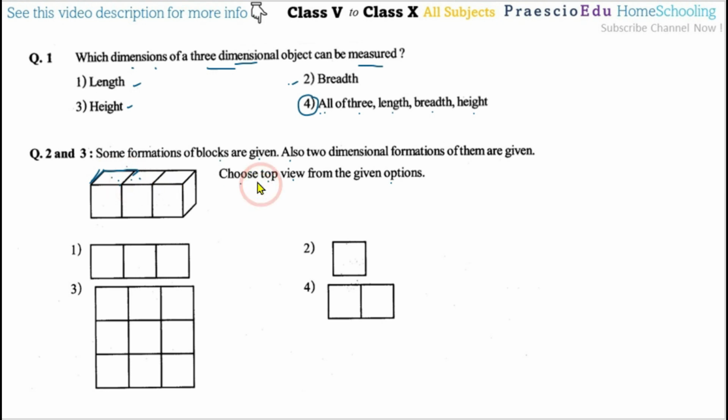Now the question is, from the top view, how will it look? The side surfaces and the bottom side, these five faces we cannot see if we look from the top only. So only these three squares, 1, 2 and 3, we will observe, like this one. Option number 1 is correct here. If you observe from the top, you will see this side and this side, but this will not be visible, even the bottom we cannot see. So option 1 is the correct one.